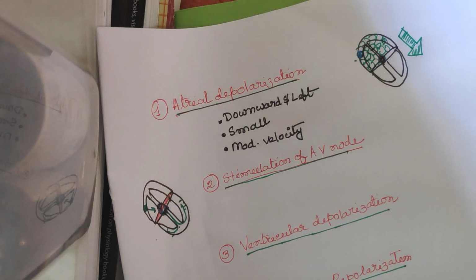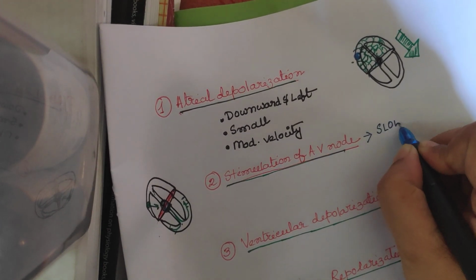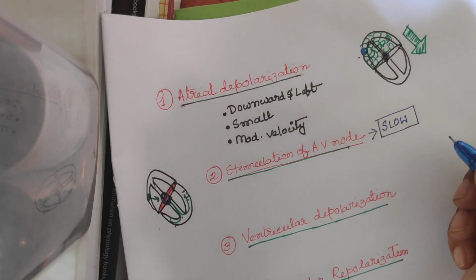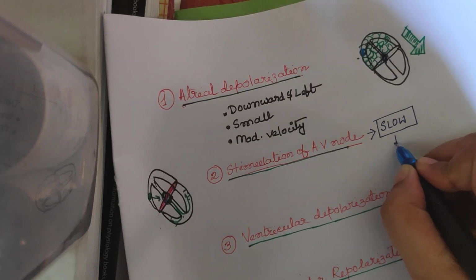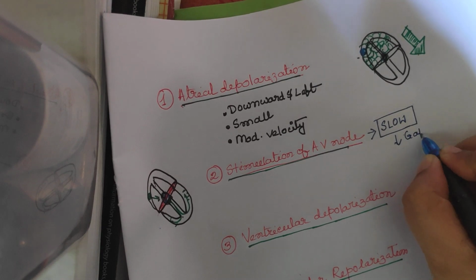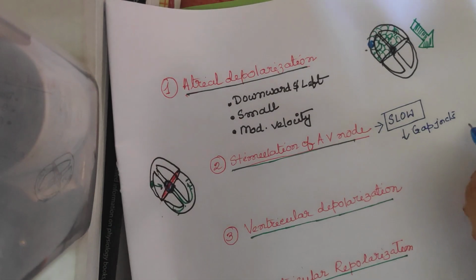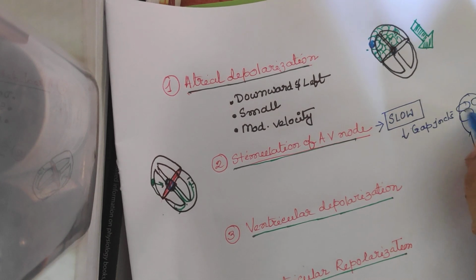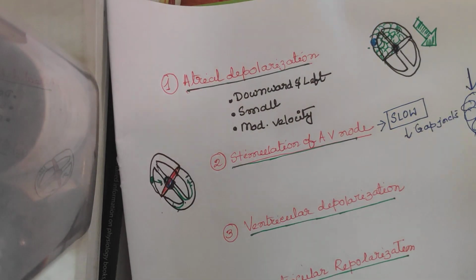So we know that AV node will have a slow conduction velocity. So we will see that AV nodal conduction is a bit slow. So what are the reasons? Because AV nodal cells have less number of gap junctions, and if you look into the AV nodal cell in this way, suppose this is your AV node, the cells are like this, you will find out the current that is coming to the AV node,